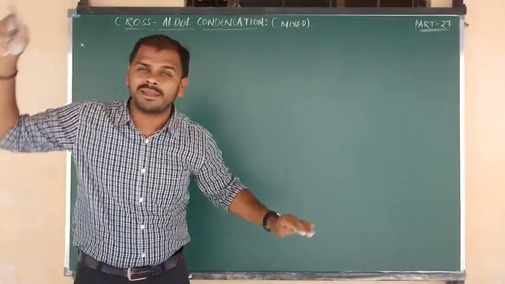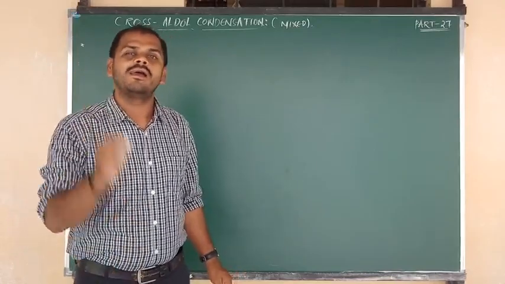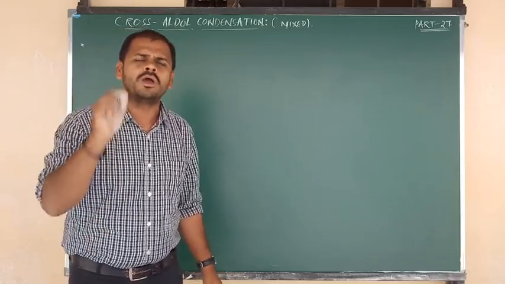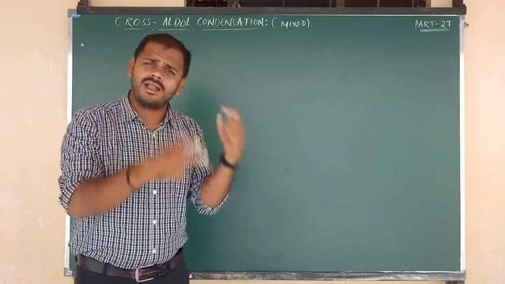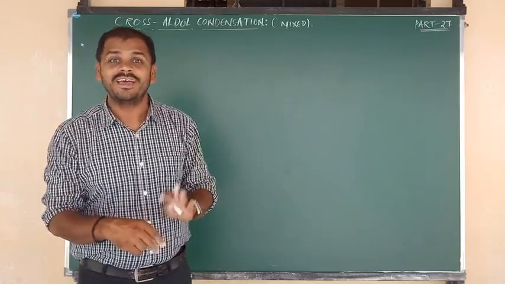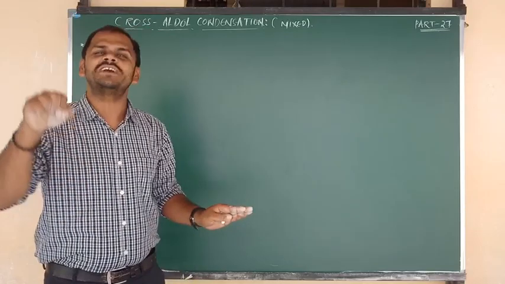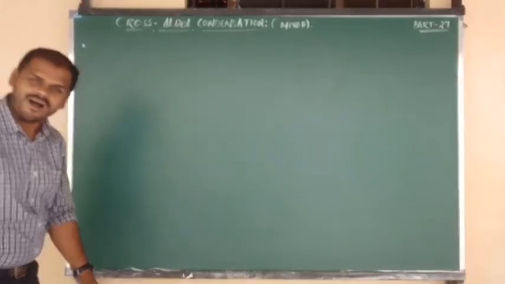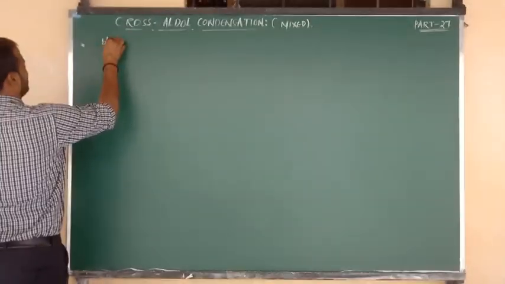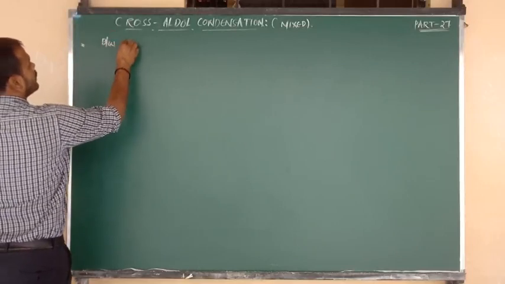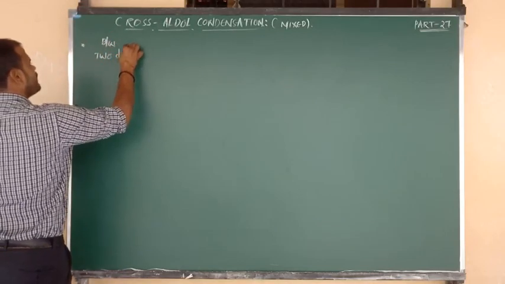So what are the conditions applied in aldol? 2 same aldehydes and 2 same ketones, but they should contain alpha hydrogen. And here the condition will be changed, but how to write the reaction, everything will be the same. Aldol is the intermediate, final is alpha beta unsaturated, everything the same as aldol condensation. Conditions have to be applied. So the conditions applied in cross aldol condensation are: it takes place between two different aldehydes.